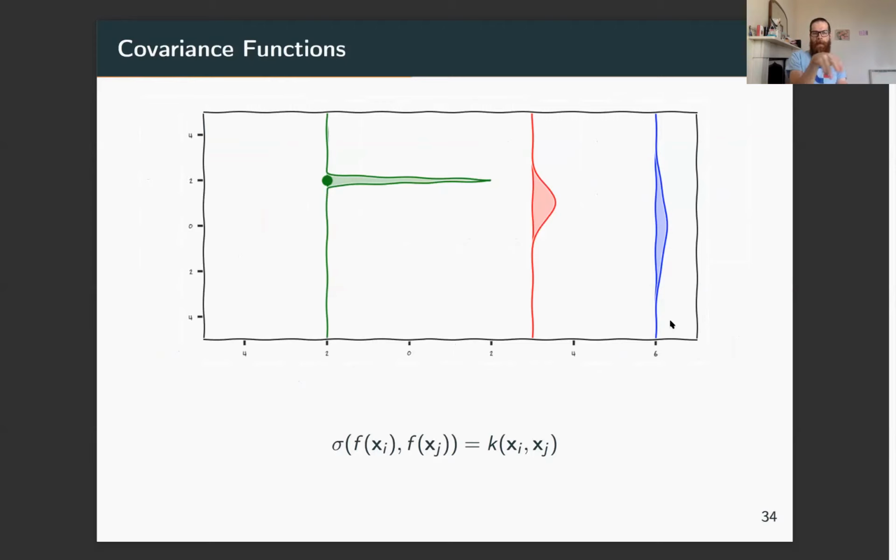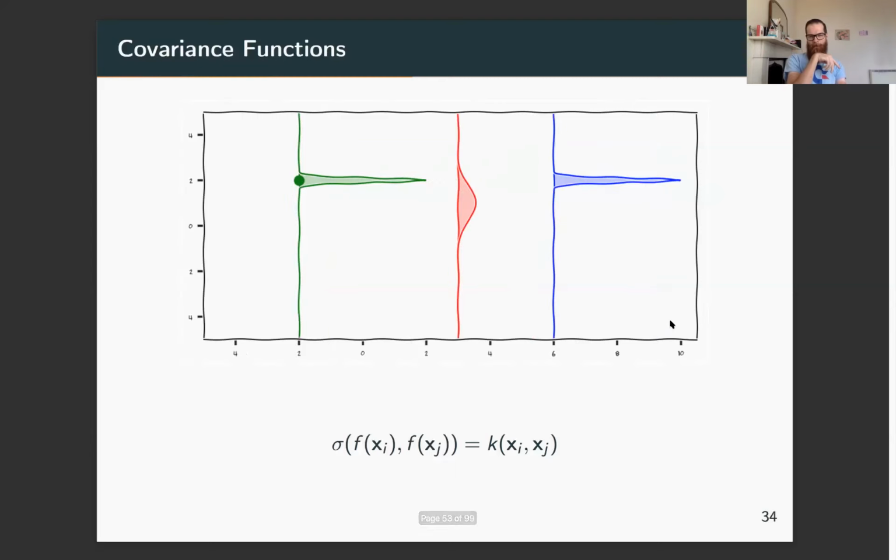So now one way of saying it is, say that I now know -2, 3, and 6, I can say the further away I am from the value that I know, the less I know. The less informative the value at -2 is. That would be a smooth function. I can also say, well, actually, I have some periodic behavior. So say my index space is actually time. Over time, I know that Tuesdays and Tuesday next week kind of co-vary with each other. So now I can write a function that has a periodic behavior, and I'm going to get a periodic thing.